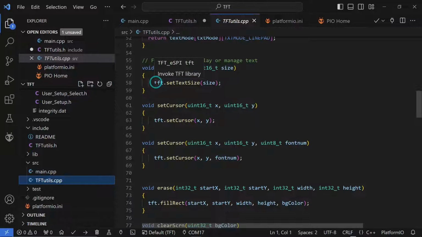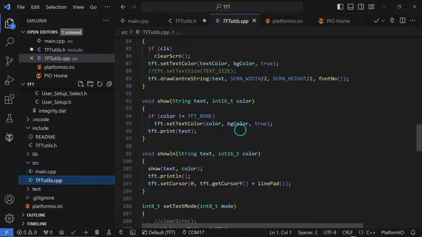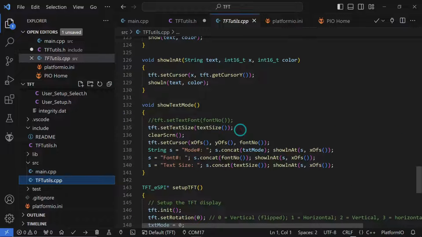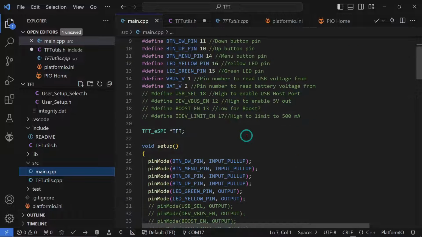So the actual library itself has a TFT set text size. So I created a method that says set text size. Don't have to put TFT dot in front of it, and as I said, just some test information, and show the text modes are displayed on the screen, stuff like that. So nothing too special there,